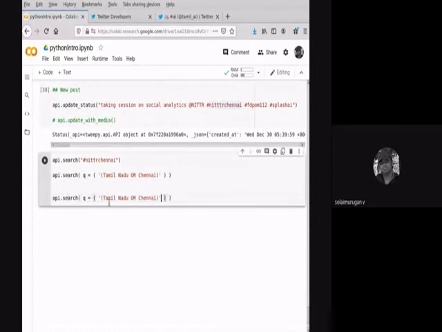You can also put an AND with either of these two and, say, politics. So I want either Tamil Nadu or Chennai, but politics must also be there. Or it must be Rajinikanth, or whatever. Or you can also put data science here.